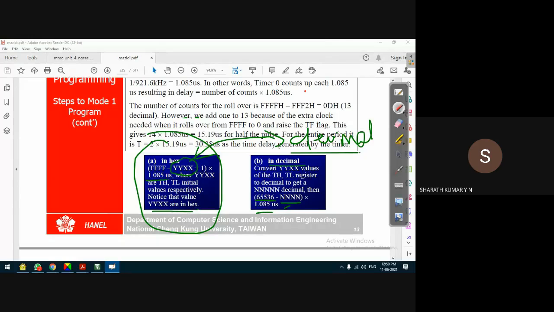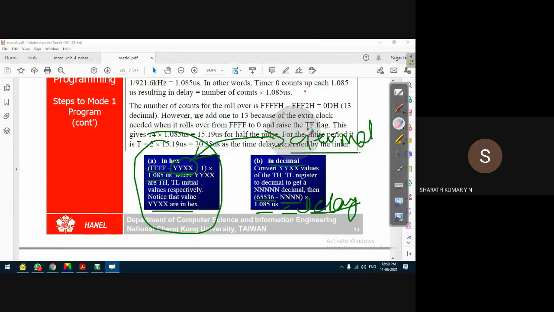So this gives the delay value directly. We can follow either way, any method, and we will get the value properly.